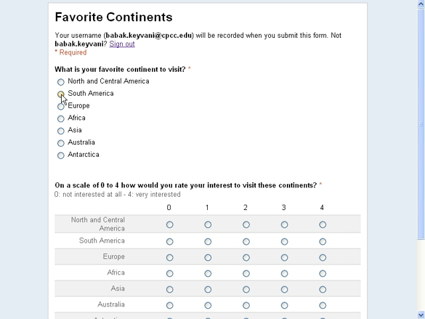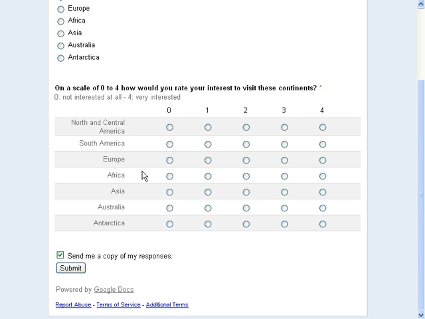We're going back here, selecting South America, and we're gonna give some numbers again. So South America was our favorite, so I'm gonna give it the top, and North America 2, Europe 2, Africa 2, so on and so forth,